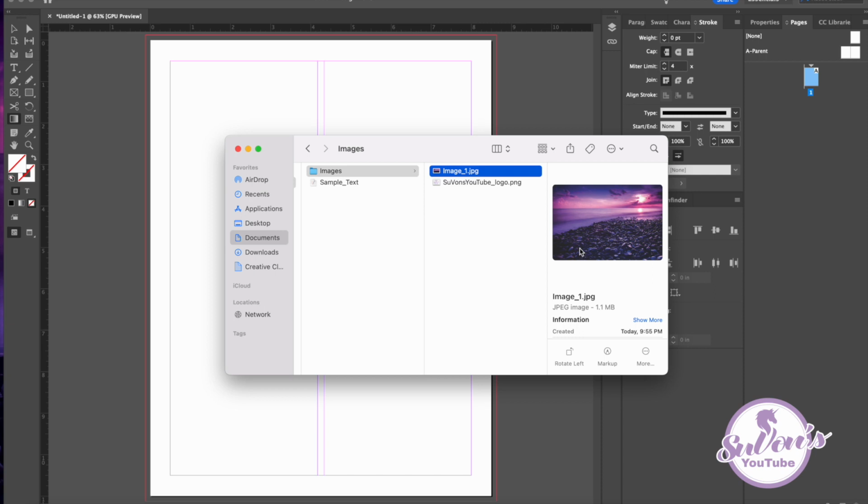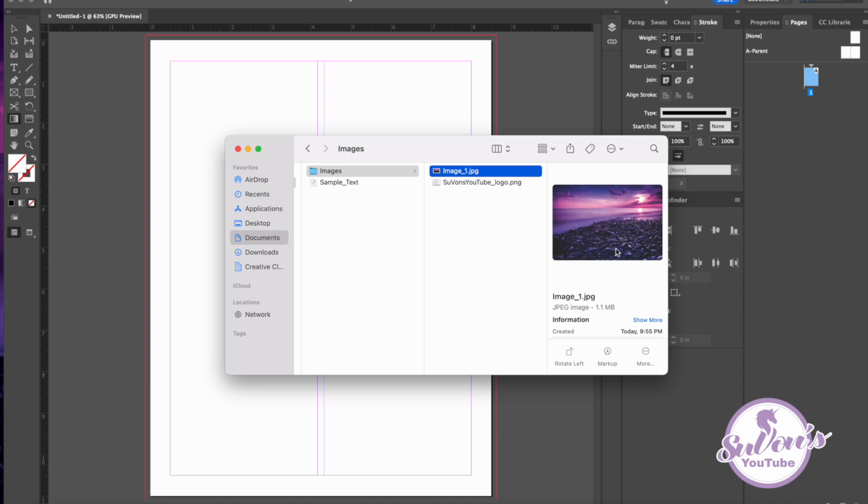So it's going to be a hard copy output that is printed, and when you send that off to the printer, you have to make sure that all of your images are saved into a CMYK format. Another thing that you need to do with your image before you bring it into InDesign is to make sure that you save it in a high resolution quality. And so 300 DPI will be great. So just save your image as 300 DPI in CMYK, and it'll be ready to go to import into your